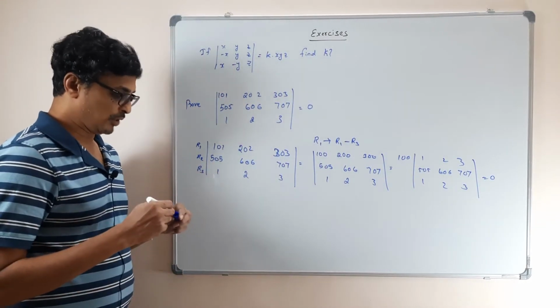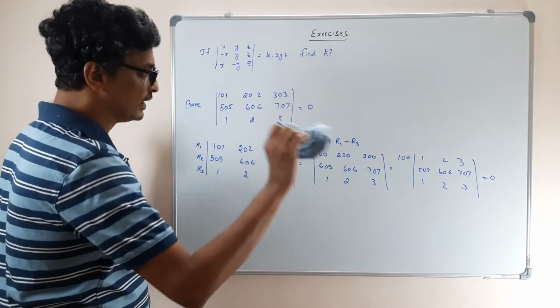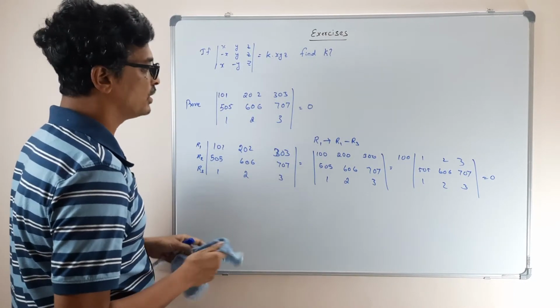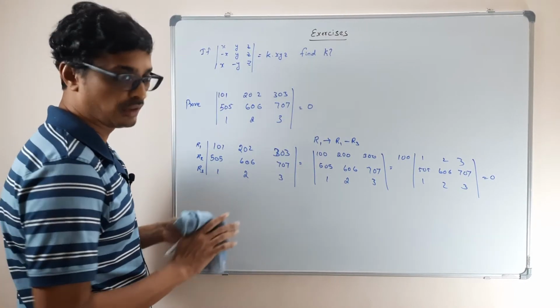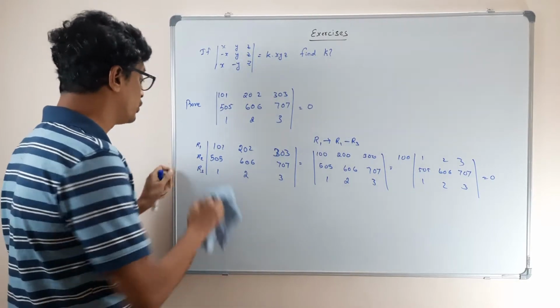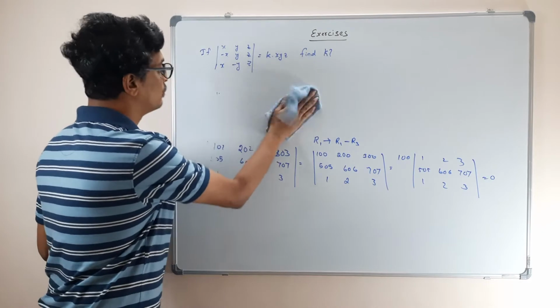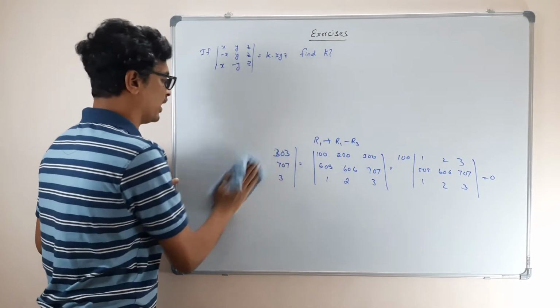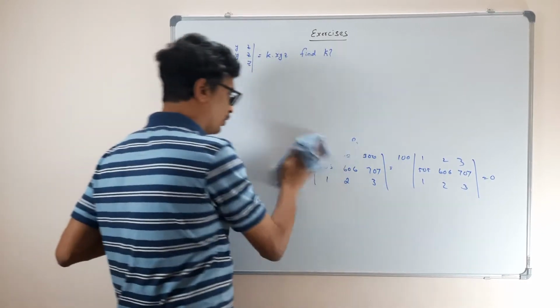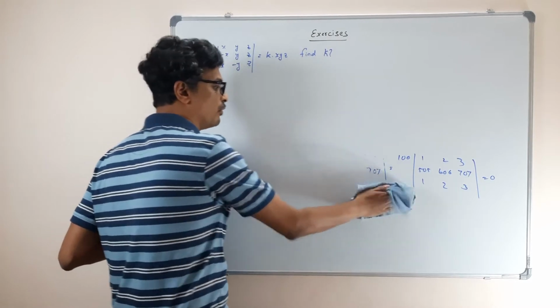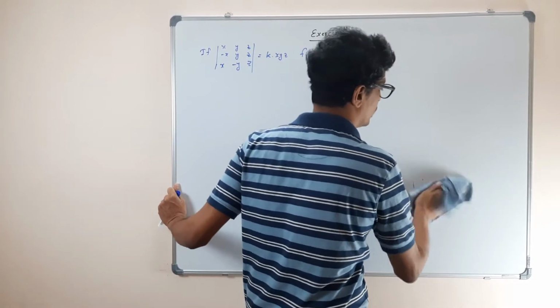Okay, 2 rows are common. So this is the way, by using the properties of determinants, you have to solve the problem. In a determinant, if they ask a question, you need to use a property of determinants. You are not supposed to find the cofactor, minor, cofactor and all. You are supposed to use the property of determinants and say what will be the value of the determinant.